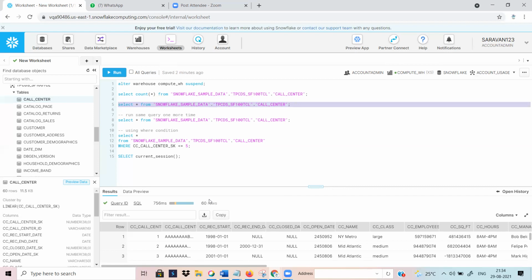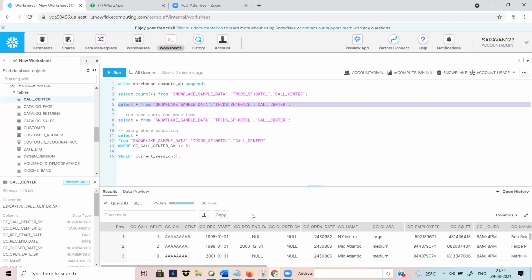Okay. So right now, when you are fetching the data from remote storage, what happened here? The cost will be a little bit high. When you are running the query the first time, the data is fetched from your remote storage: the warehouse talks with your remote storage and gets the data. So when you run the same query again, what happens?